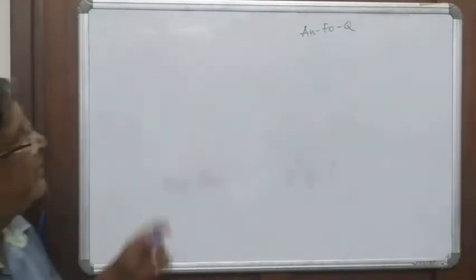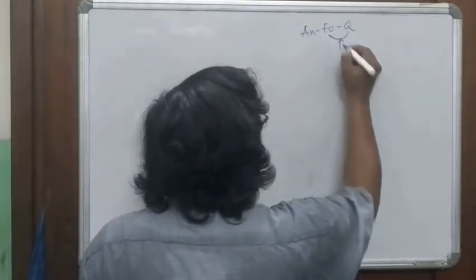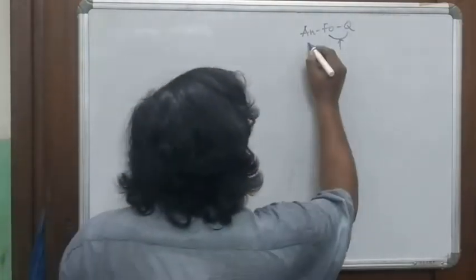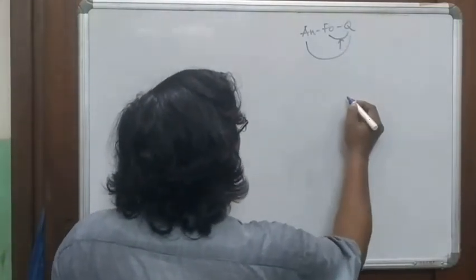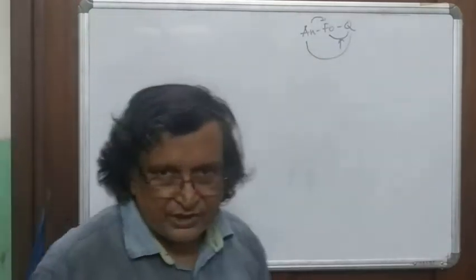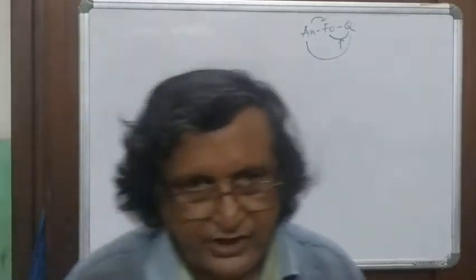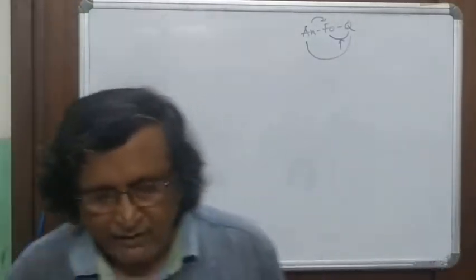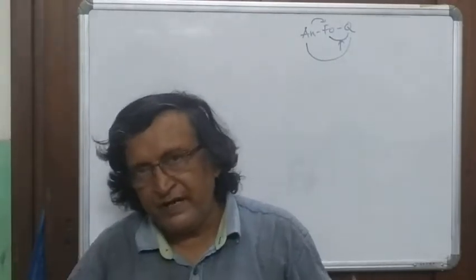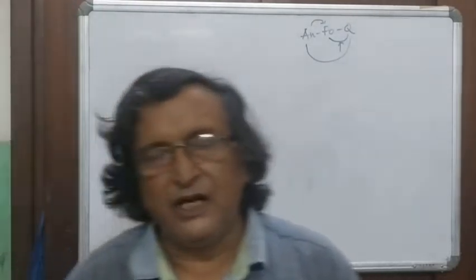This ternary phase diagram, anorthite forsterite quartz, shows a peritectic relation. Forsterite quartz shows a peritectic relation, but anorthite quartz and anorthite forsterite show eutectic relationships. So you have two eutectic relationships, and in one binary, which is the forsterite quartz binary, we have a peritectic relation, as we have discussed